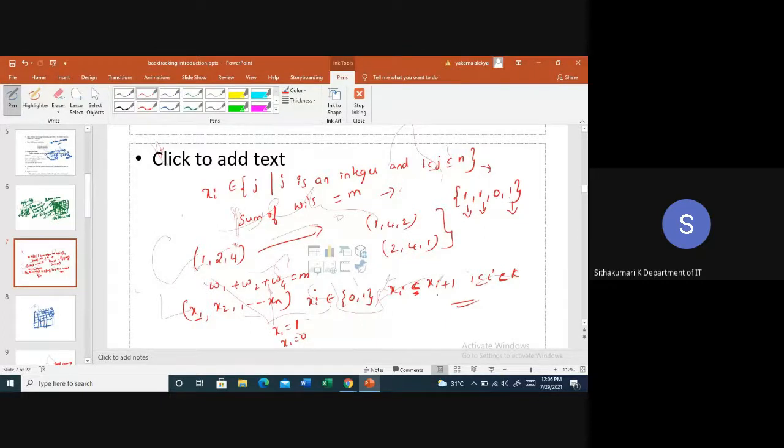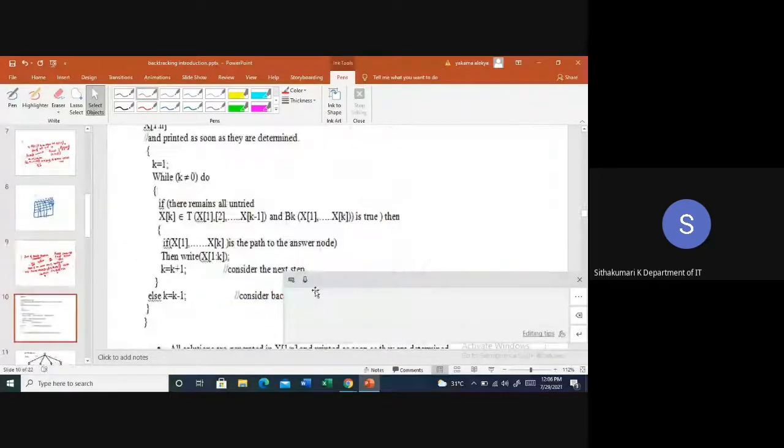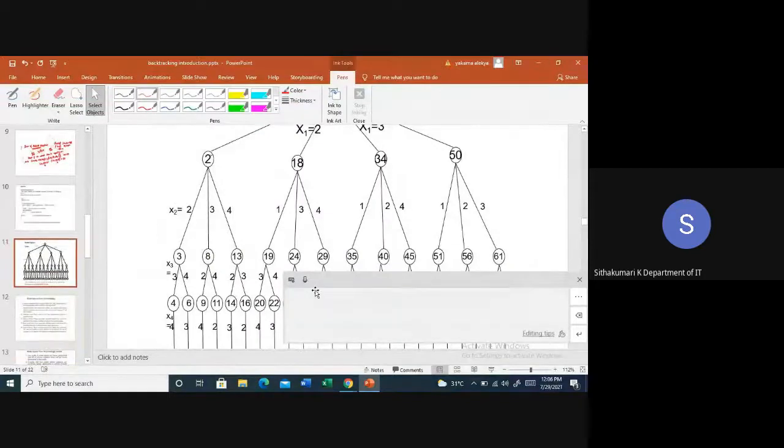So I hope you have understood what a backtracking technique is, what problems we can solve with it, how to provide the solution, what the constraints are, and how the solution can be provided. In the next class, we'll focus on the control abstraction for this, and draw the state space tree for a given problem, along with the terminology we use here. What is a live node, what is a dead node, and so on, let us discuss in the next class.